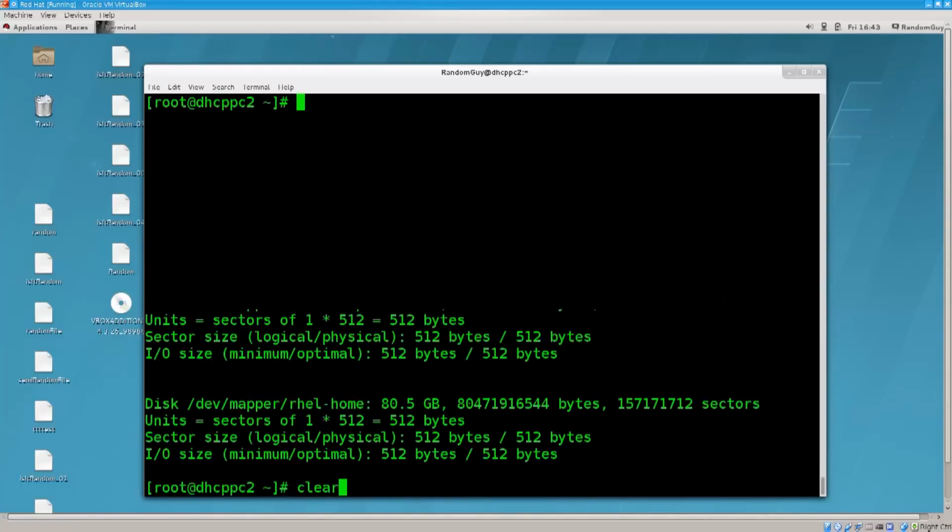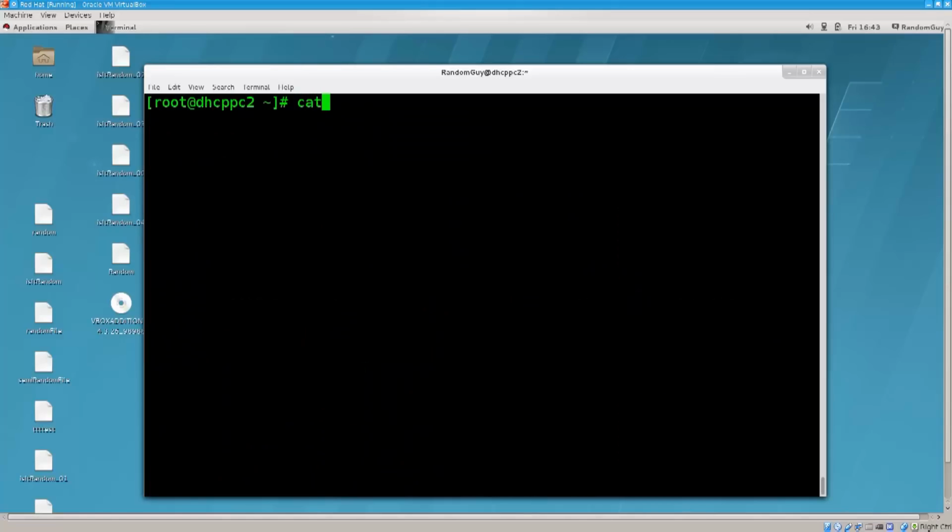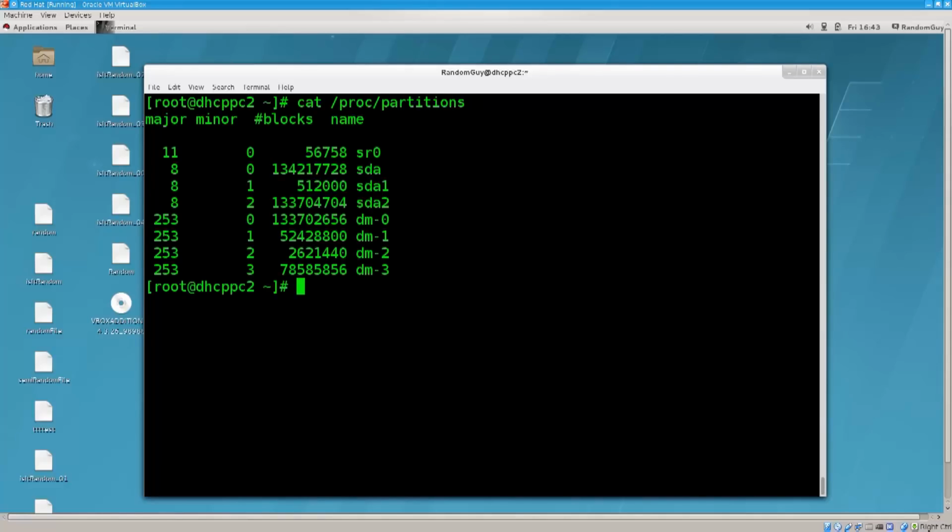Another way of doing this is by typing in cat /proc/partitions. Proc is basically communication of the kernel with the user. Well, I wouldn't put it like that, but it's a fantastic way to see the things that the kernel is doing, because in Linux everything is a file, so even the things that the kernel is doing are written out here so that you can actually see them. So these are the partitions and the disks that are known to the kernel. I didn't have to list the partitions. I could have done